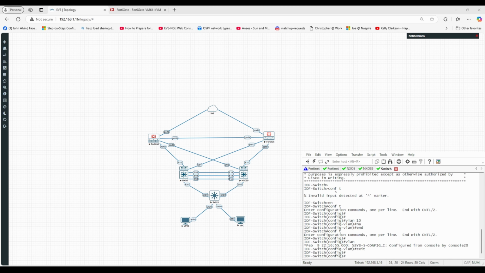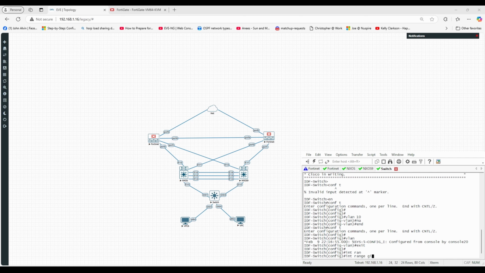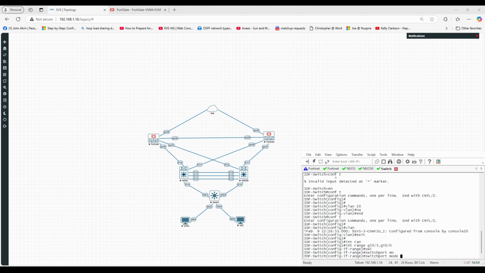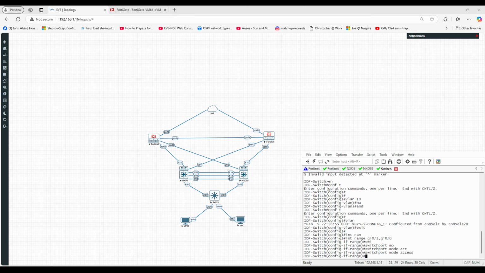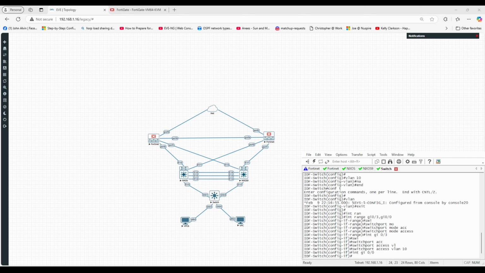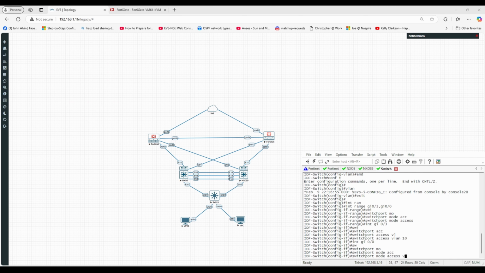All right. Int range GI 0/3 and 0/0. Switchport mode access. Int GI 0/3, switchport access VLAN 10. Int GI 0/0, switchport mode access,